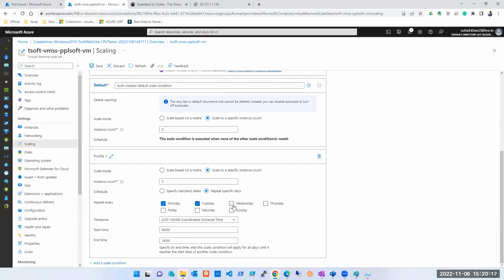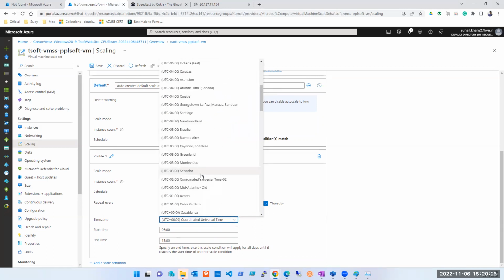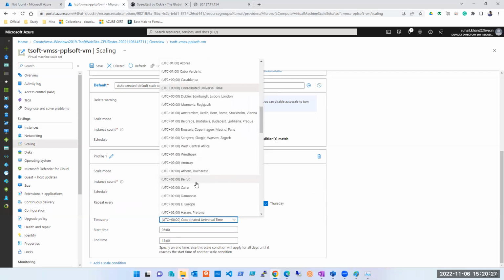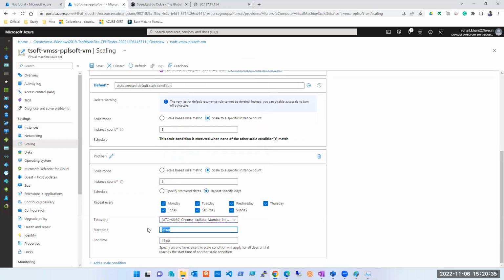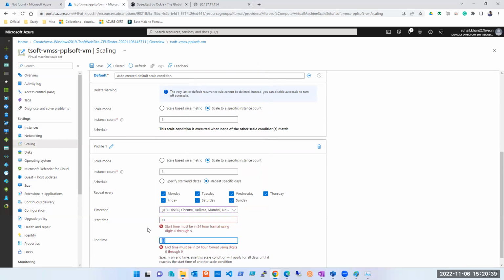Now, can you give me an example? Why would I use this option? What kind of application is there where I can use this option, where I know that at a specific time I require maximum servers? I'm giving you a hint here in my time zone. Or you can give any application's name. Stock market, yes, stock market is also a good option. What else?